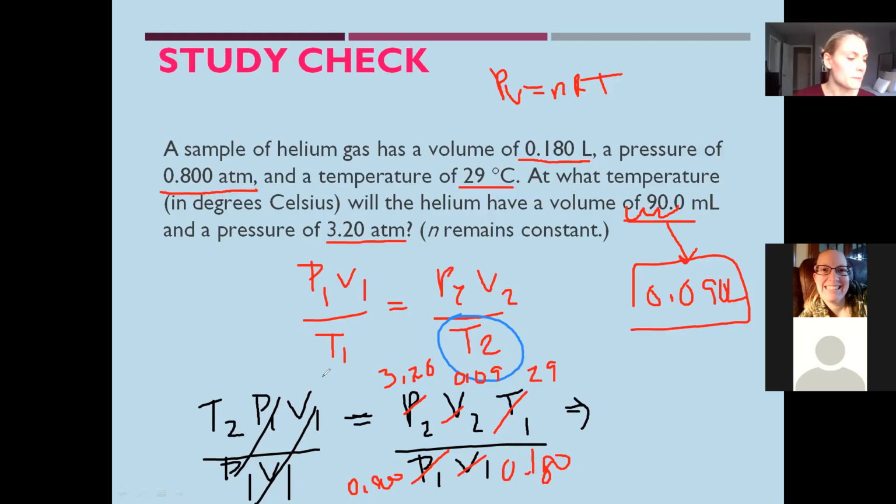All right, did anyone get a number? Good, 58 degrees Celsius, perfect. And we'll stay at 2 significant figures because this 29 is at 2 significant figures. Very good. If it was 29.0, then we would take it out to be 58 point whatever it was. And I think it was actually just straight up 58. Yeah, nice and easy this time around.